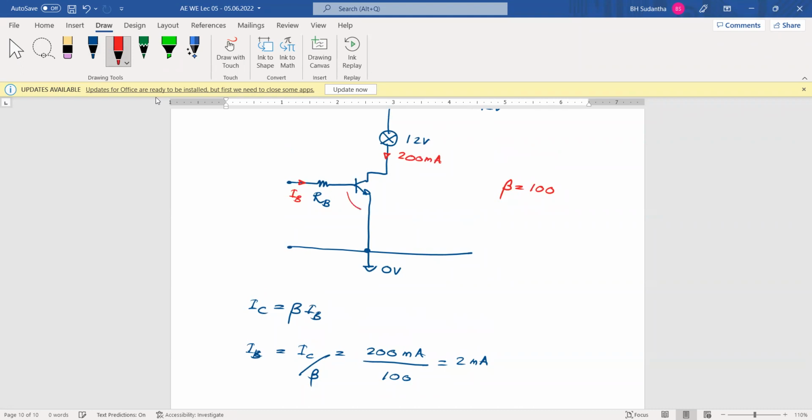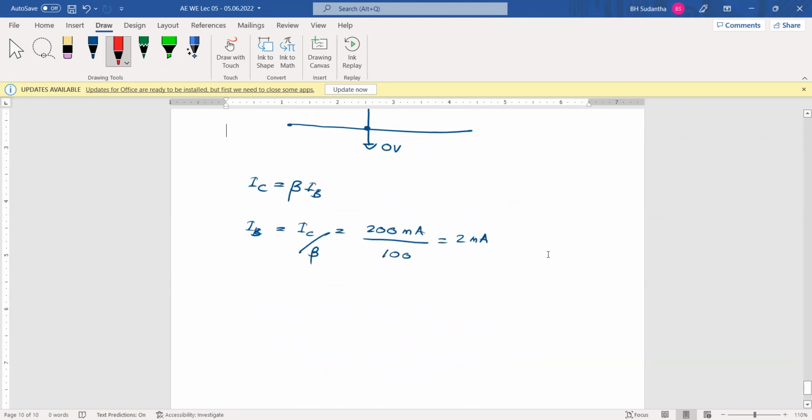And this is IB, and this is VBE. To put that one into saturate mode, it should be 0.7 volts. Then definitely to put that one into saturate mode, this is 2 milliampere. Then we have to keep beta. Then real IB should be greater than 2 milliamp. Then if you put that condition there, in the saturated region, you can see IC is less than